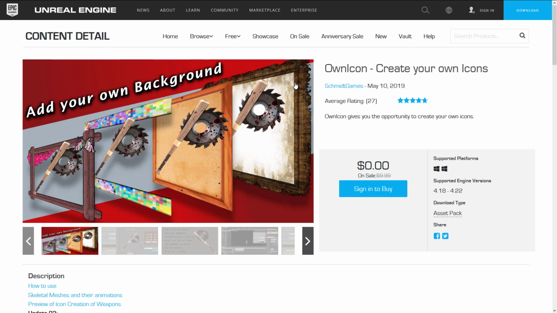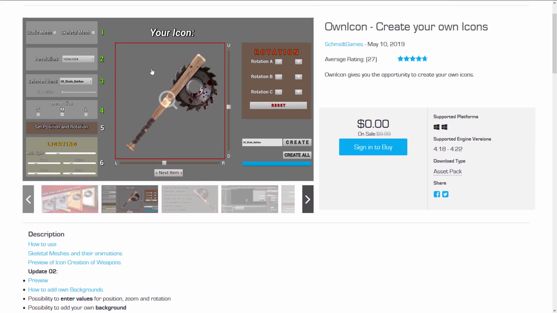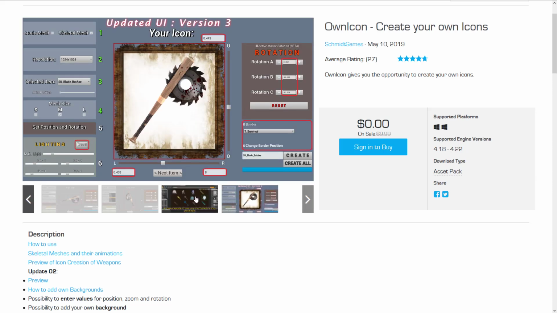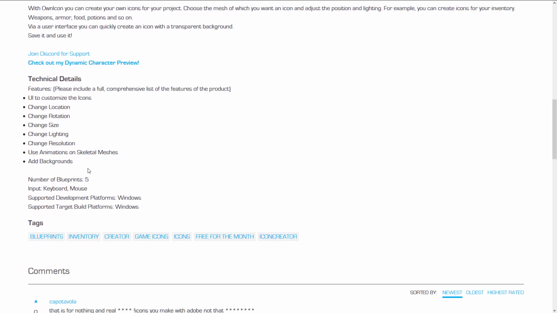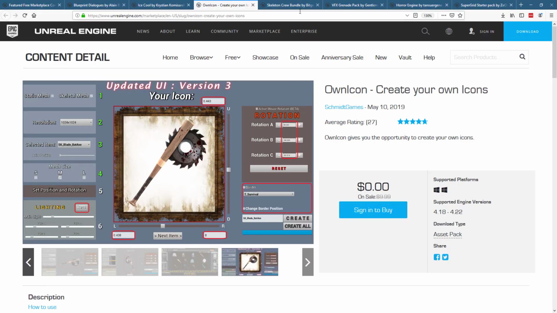Next up, we have Own Icon, which gives you the opportunity to create your own icons. Let's see this guy in action. So it looks like it is a tool that runs in Unreal Engine and creates icons as a result. Basically it's like a sub-texture renderer for creating icons in your game. Let's see, what does this consist of? 5 Blueprints, basically. So it's a straightforward icon generating tool that runs directly in Unreal Engine for making icons at multiple resolutions. It's normally pretty cheap, actually, $10, but right now it is free. 27 ratings at nearly 5-star for all of them, so it should be pretty solid. So if you're looking to create icons, that is an option for you.